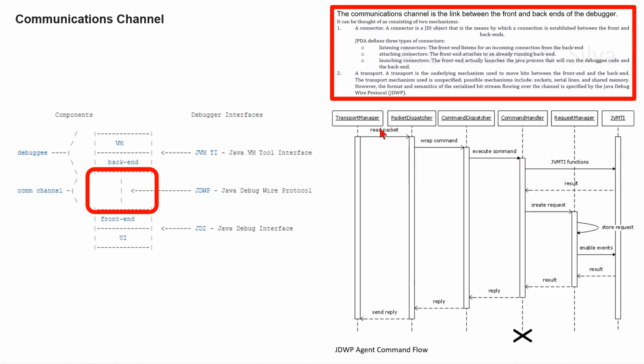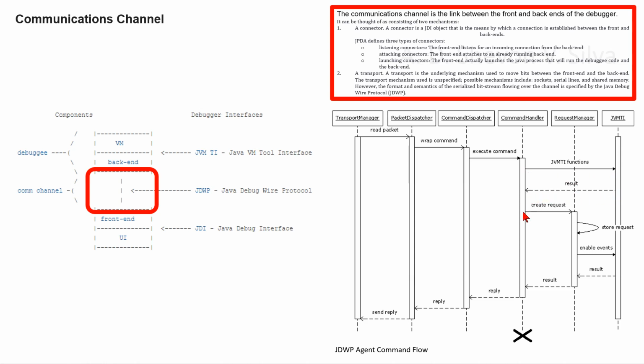Here you can see a transport manager, packet dispatcher, command handler, request manager, and JVM TI. Transport manager is connected to packet dispatcher via read packet, and packet dispatcher is connected to command dispatcher via wrap command. Command dispatcher is connected to command handler via execute command. Then command dispatcher is connected to JVM TI via JVM TI functions, and here the JVM TI is connected to command